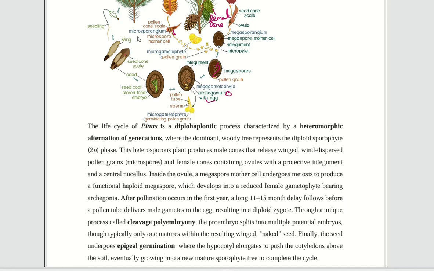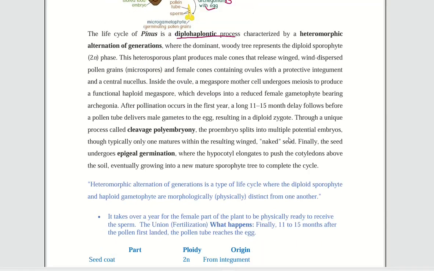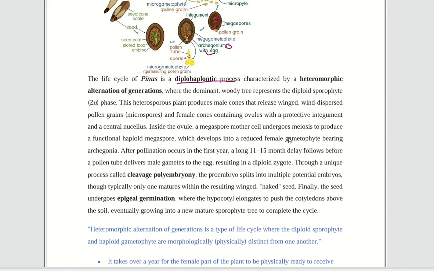and the sporophyte body. In detail, if we talk, it is a diplohaplontic process which is characterized by heteromorphic alternation of generation, where we define the heteromorphic alternation of generation as a typical life cycle where the diploid sporophyte and the haploid gametophyte are morphologically or physiologically distinct from one another, where the dominant woody tree represents the diploid